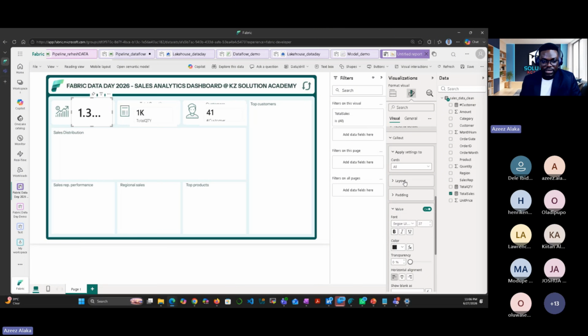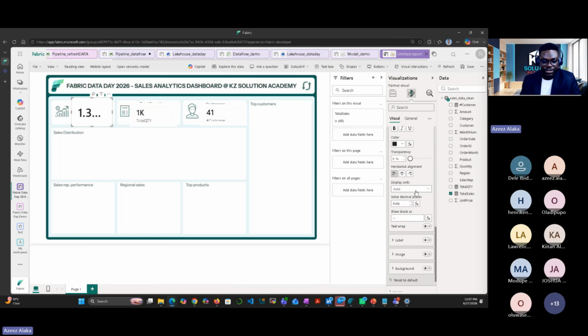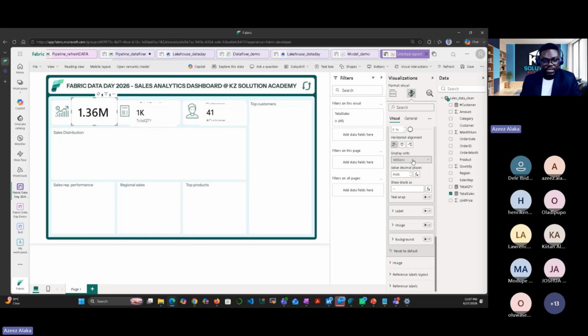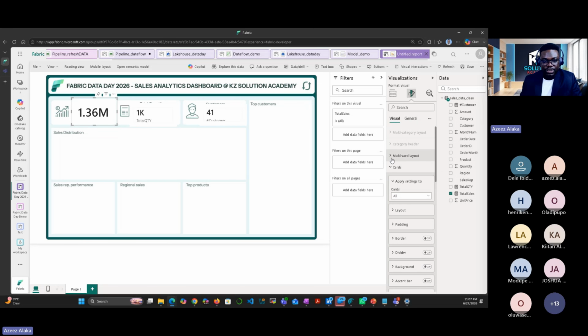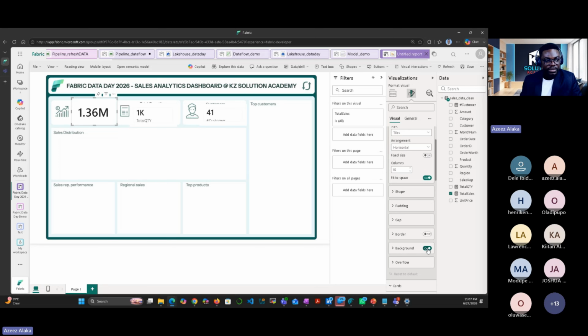Then the value, I want to reduce some things in the value. So I'll come here, total sales. The value, I want it to be in, is it thousands or millions? Let's see. No, not thousands. Let's put it in millions. So we have this. We still have something covering it. So next I come to general effect. I remove this background. One background is still showing, here. Background makes sense. So now we have it, and we can reposition it and put it this way.